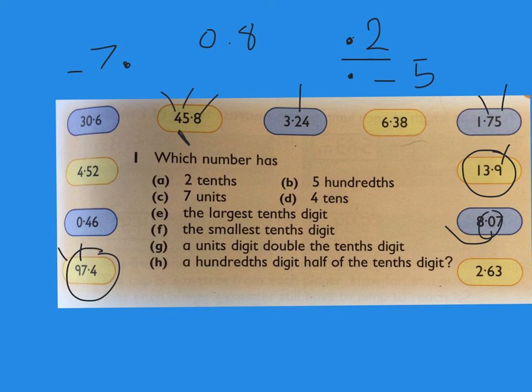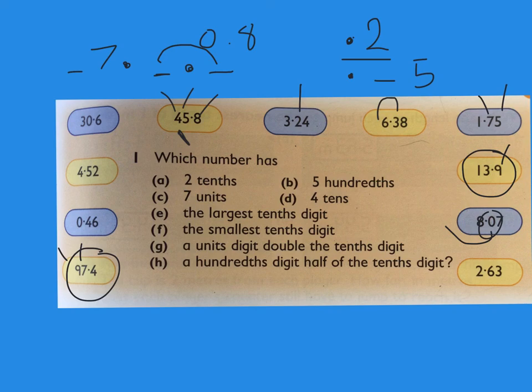A unit's digit double the 10th digit, okay? So the units digit I'm looking for is going to be the left of the decimal point. It's going to be here. And it's double the 10th digit, so I'm looking for a number here that's going to be double the size of the number there. Okay, I'm not too sure about you, but it took me quite a long time to find that one and really think about it. So it is 6.38, so you can see the units digit is 6 and the 10th digit is 3, so